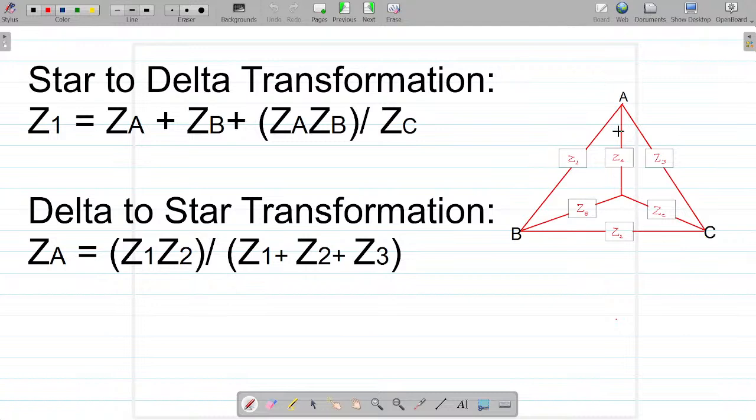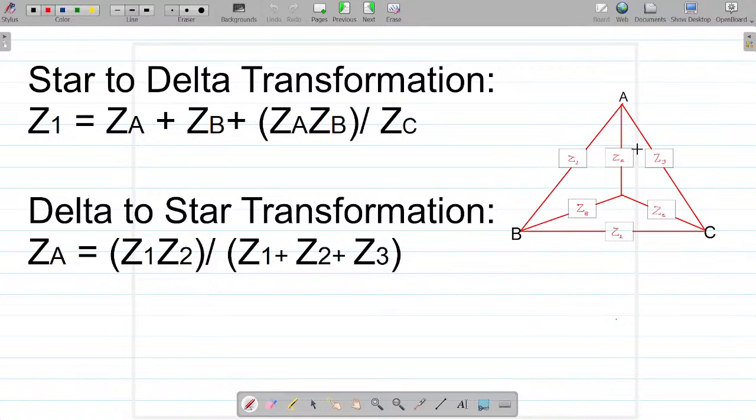Now I want to convert this into a delta form. Why is such a transformation required? You'll know when you solve questions. There are questions in which you get stuck, and there's no way out to solve them in a way that eventually leads to a series parallel connection. So in such questions where you encounter a star formation and you have to convert it to a delta,